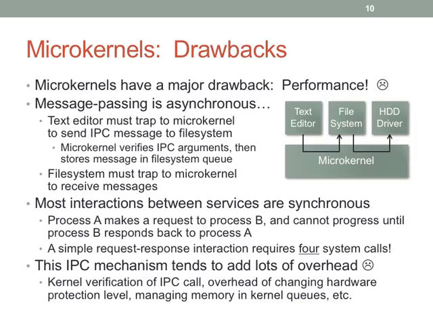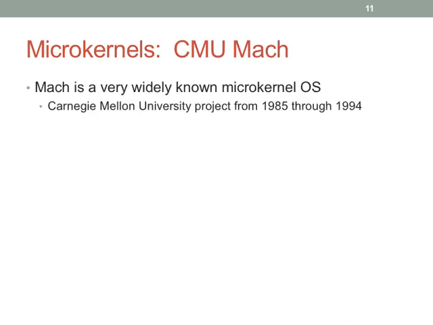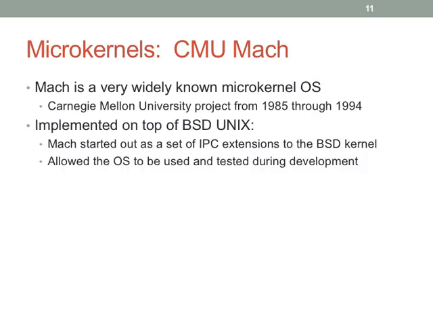Okay. Now, part of the thing here, and I hope you'll all notice this, is I described it in a certain way. This is how initial systems try to approach the problem. But you don't have to provide a microkernel architecture with this specific abstraction. And that's something that Liedtke noted when he started exploring this area. Okay? So this is a way of solving this problem, but it's not the only way. Okay? So CMU Mach, I mentioned, this is probably the most widely known microkernel OS. So project at Carnegie Mellon. And so what they did is they started with BSD Unix. This is a very smart approach.